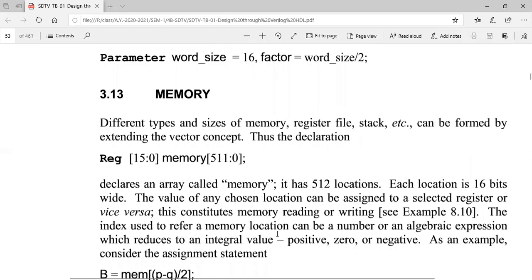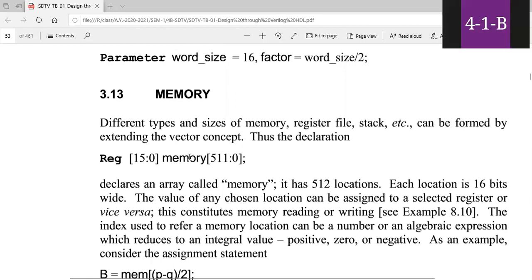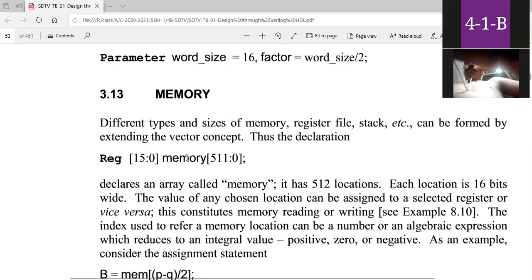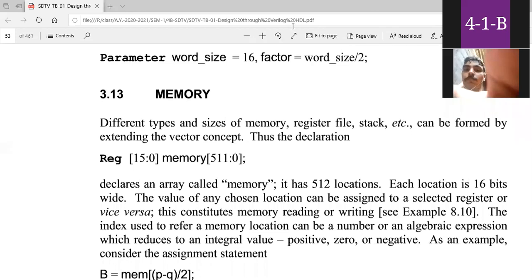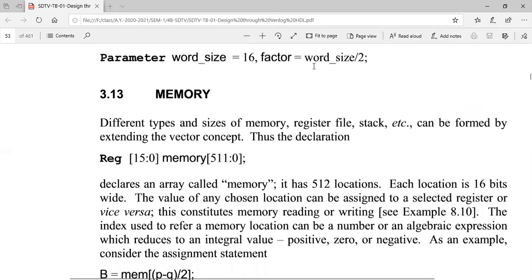So we just see what memory is. Here we are creating a memory like this, giving reg space, and in the square brackets we are giving 15 down to 0. That is to indicate that each one is of 16 bits, and the name we are giving for that particular memory is 511.